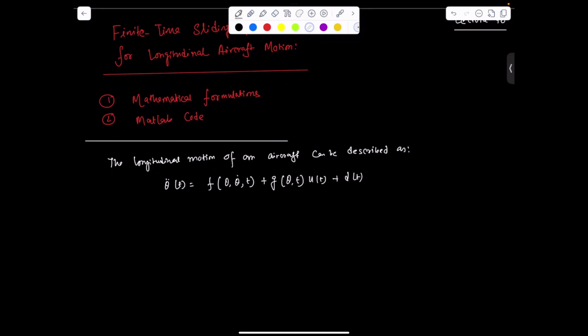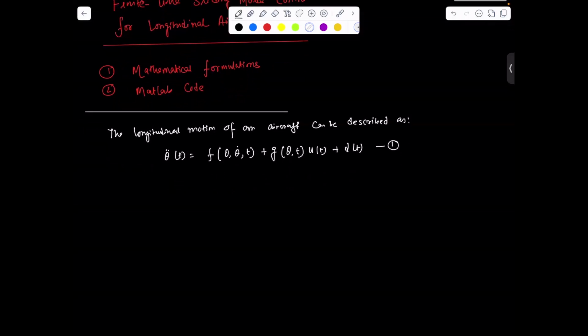So we can write down this equation in compact form for the longitudinal motion. Here basically we are controlling only the pitch angle of the aircraft. Let us define this equation as equation number 1, where